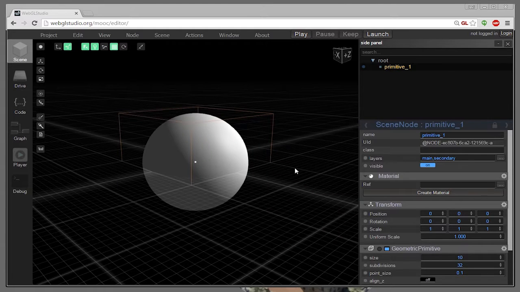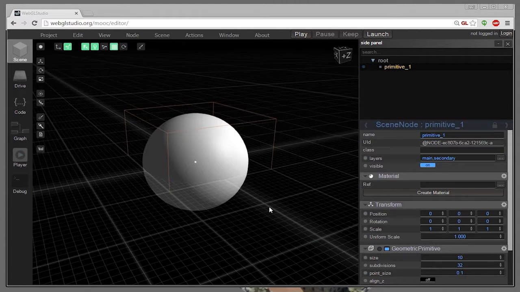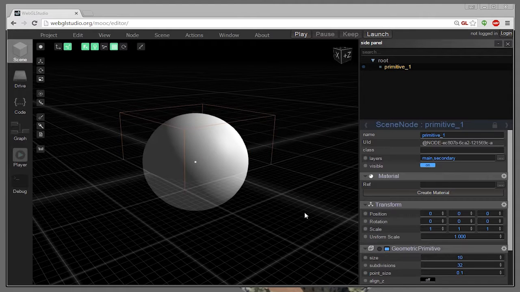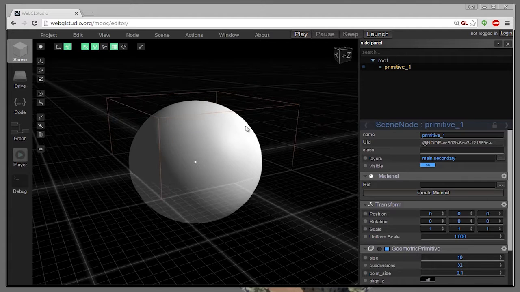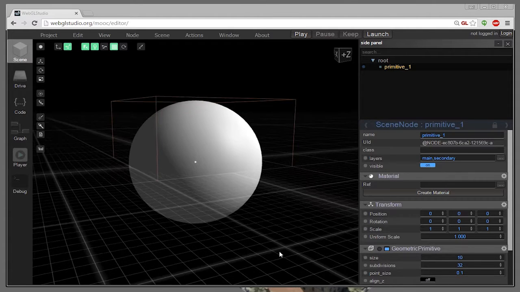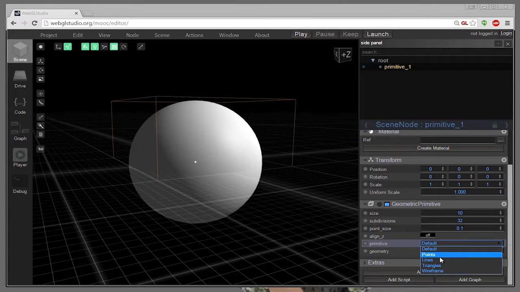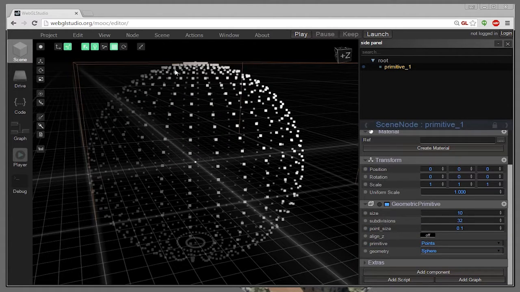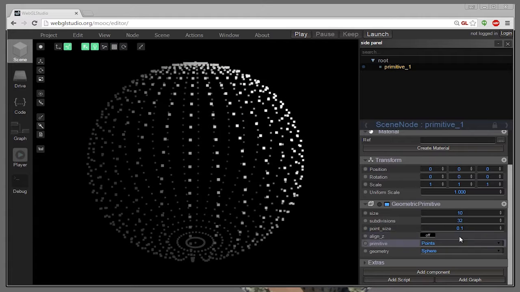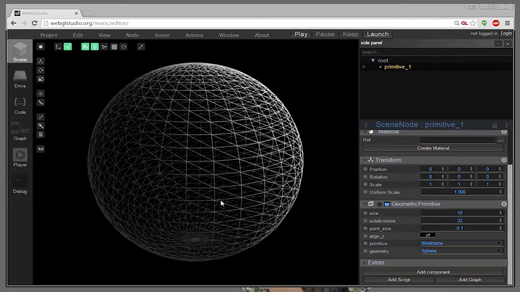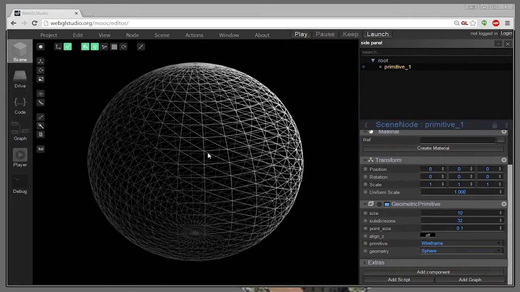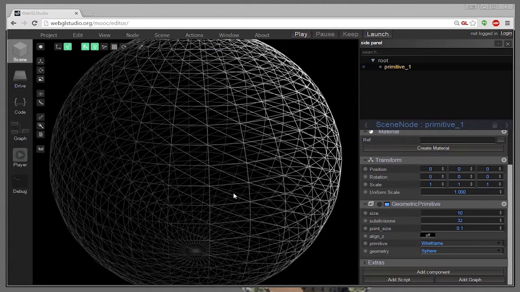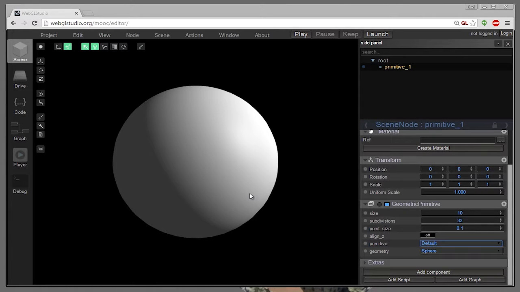So we have a sphere here, and the first thing you have to keep in mind when we work with 3D objects is that every single object that we render on a 3D environment is usually made by triangles. It's hard to see when you look at this sphere right now, but just to show you, you could see that this sphere is made by all these points, and if we connect every single one of these points with its neighbors, we will have this shape. In this case, all these tiny triangles, and then if we fill these triangles with an adequate shading, we will have something more similar to the sphere we had before.